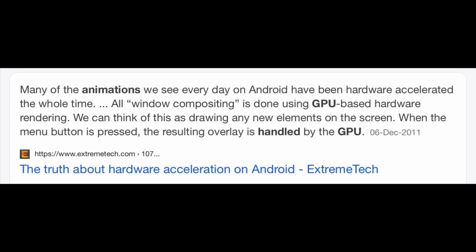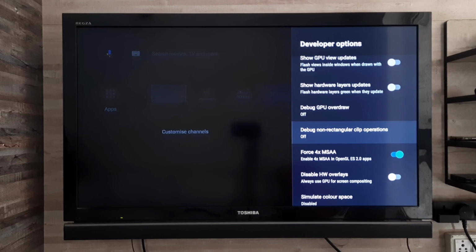For instance, menus popping up, dialog boxes, sliding down the notification bar, and transitions between activities are being drawn using the GPU. All of this is done using GPU based hardware rendering. It is mentioned on Google.